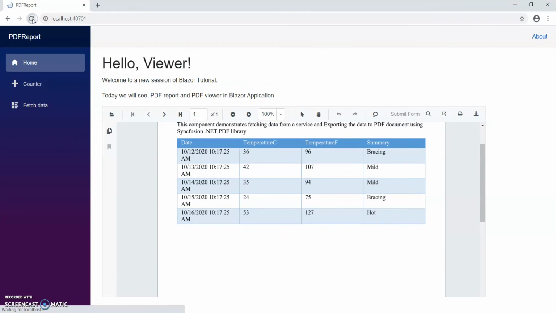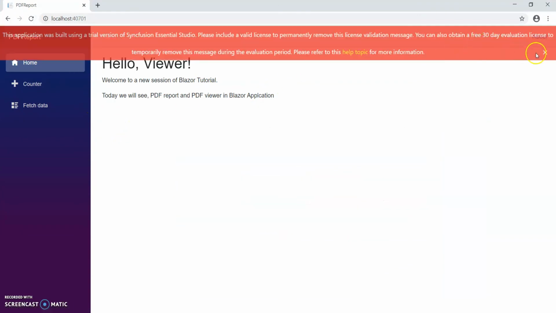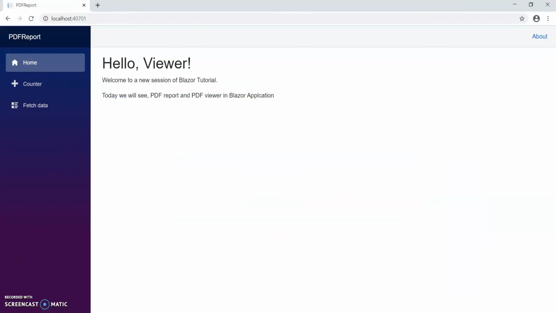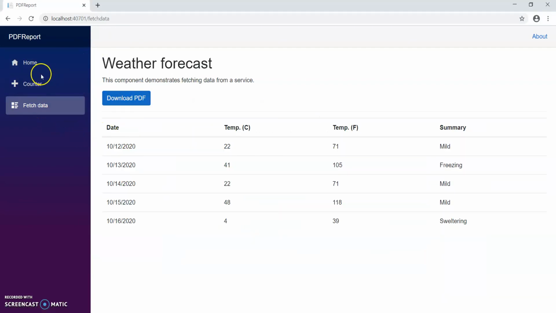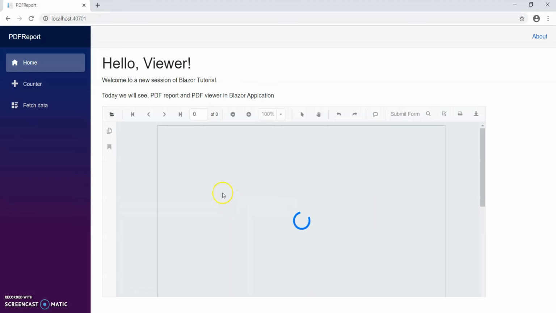So refresh the page. At the beginning of the page load, it is loading the PDF document. So in this way we can download PDF, and in this way we can view our PDF document.